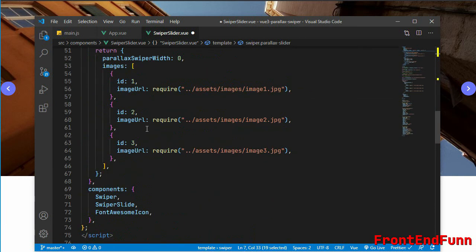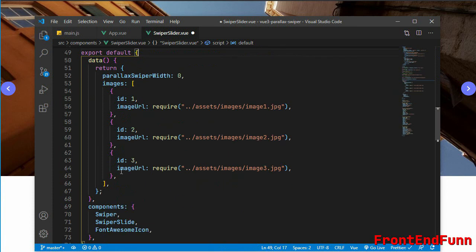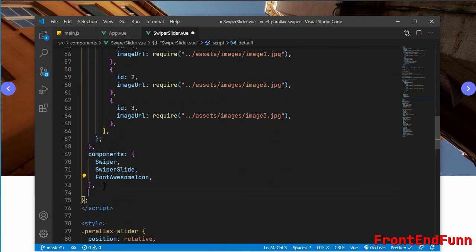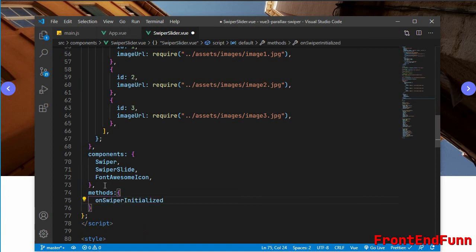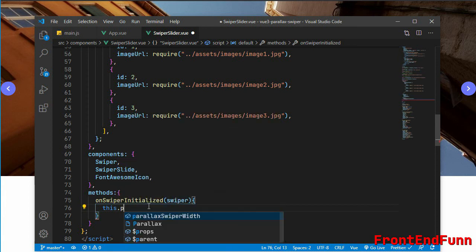and inside our export we'll create methods, and on swiper initialized we'll get a swiper here. So we need to get the width.